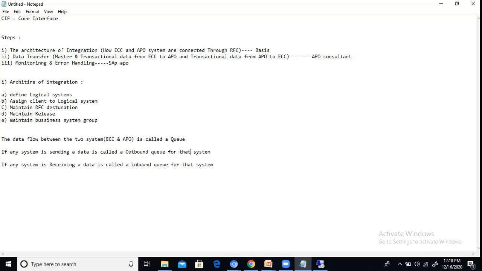Normally, whatever data flow there is, it is called a queue. If any system is sending data, it is an outbound queue for that system. If any system is receiving data, it is an inbound queue for the system. In APO everything is happening in terms of queues only, that's why we are representing this queue concept. Okay, the next,